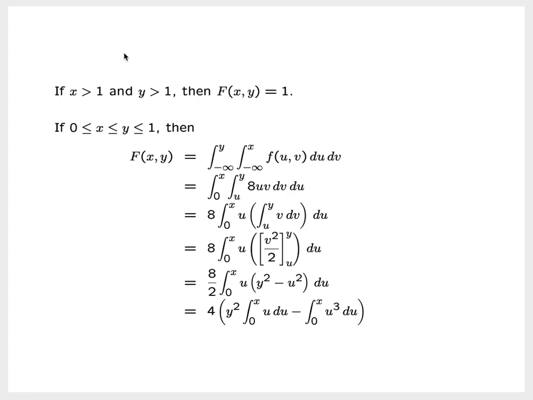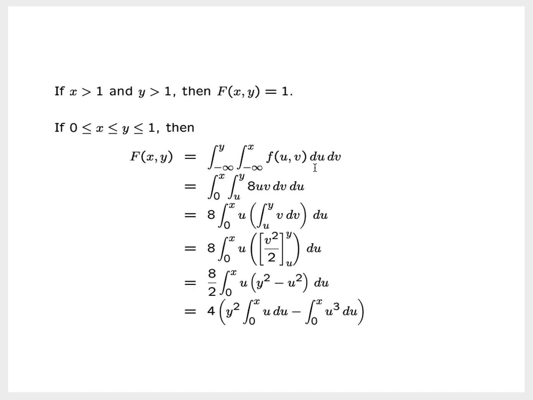If both x and y are greater than 1, then we've accumulated all the probability there is to accumulate, and so the CDF at such a point evaluates to 1. Now, if we're looking at a point where both x and y are between 0 and 1 and x is less than or equal to y, then the CDF is given by the double integral of